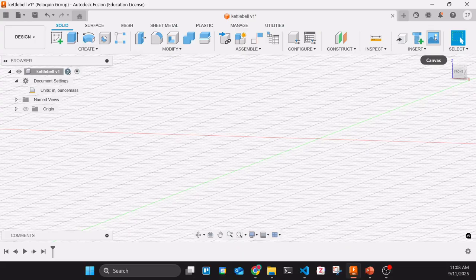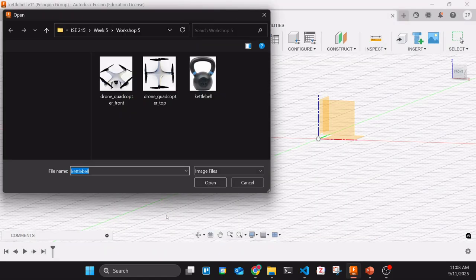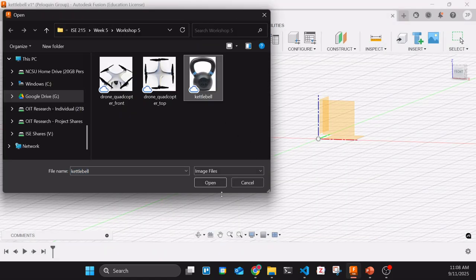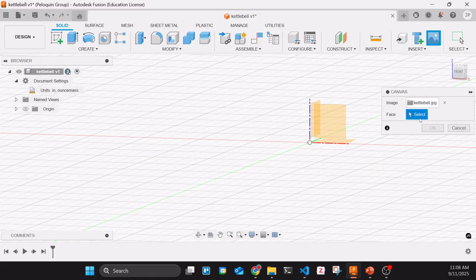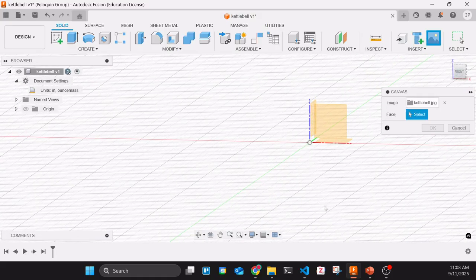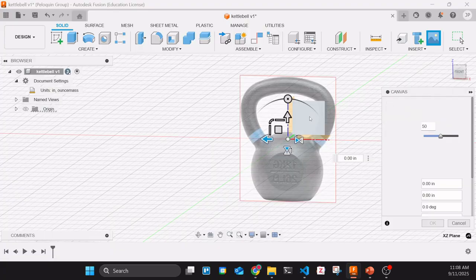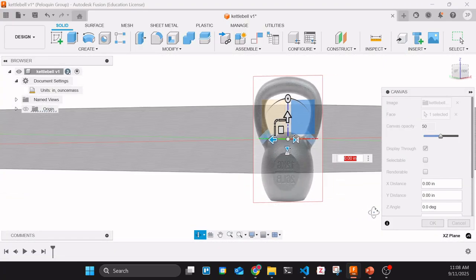So in my workspace, I'm going to go to Canvas. I have this image of a kettlebell on my computer. I have the image selected. Now it wants me to select a face to put this canvas on. I'll select the front face. And you can see that my